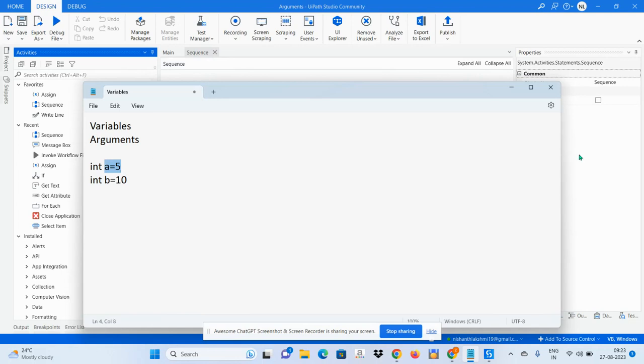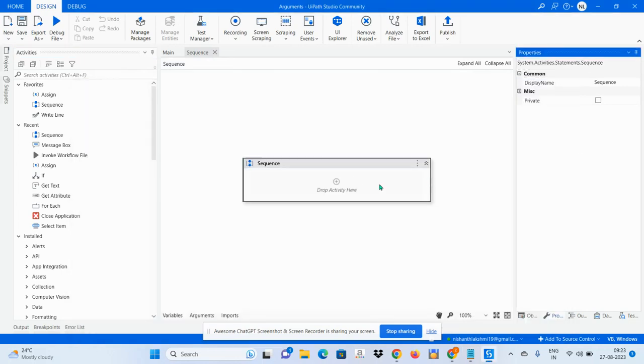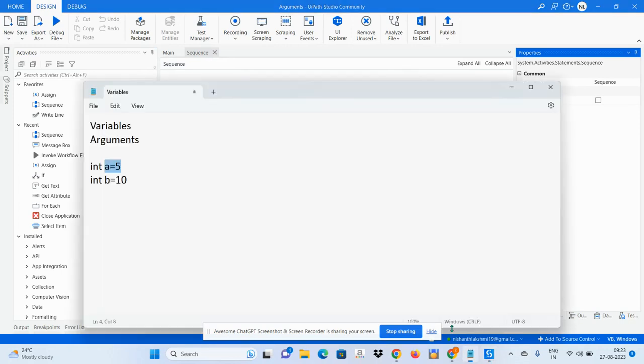Similarly here also, and finally you will be storing some result like c equal to a plus b. If you do like this, here you will get number 5 and here number 10, so the addition operation will happen, and then that value will be assigned to the variable called c,